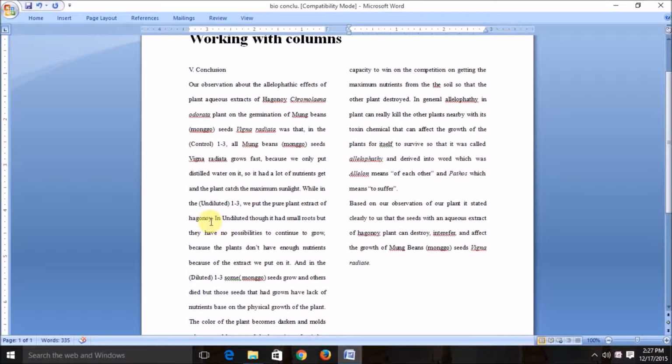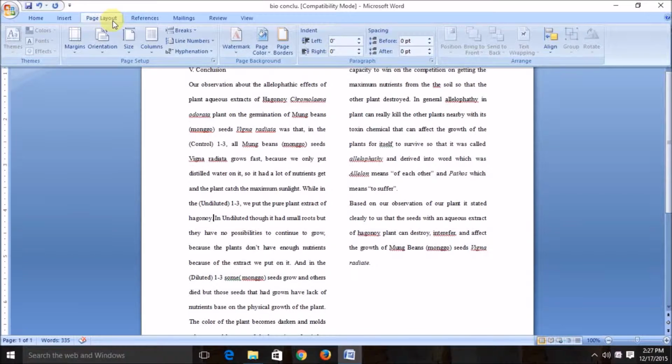And to add column breaks, you must first place the insertion point where you want to add the break. Click the Page Layout tab. And then click the Break command in the Page Setup group.